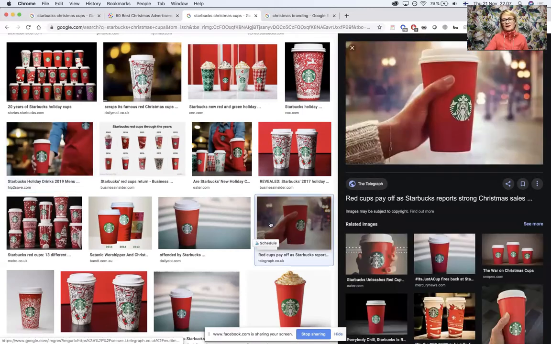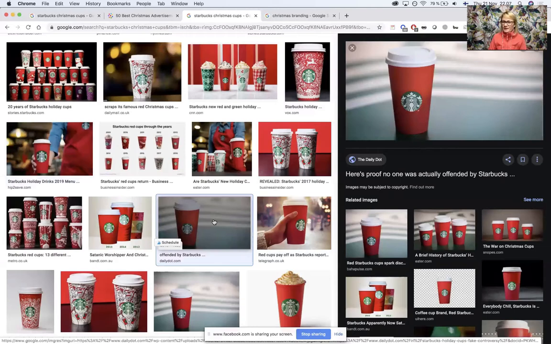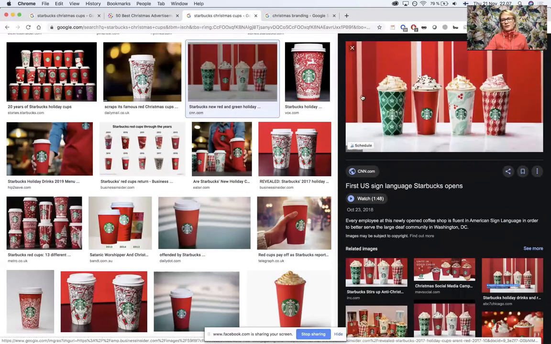They didn't do anything else, and people were very upset about it. So this was a very simplified theme for that year. And here are other iconic holiday cups for Starbucks.